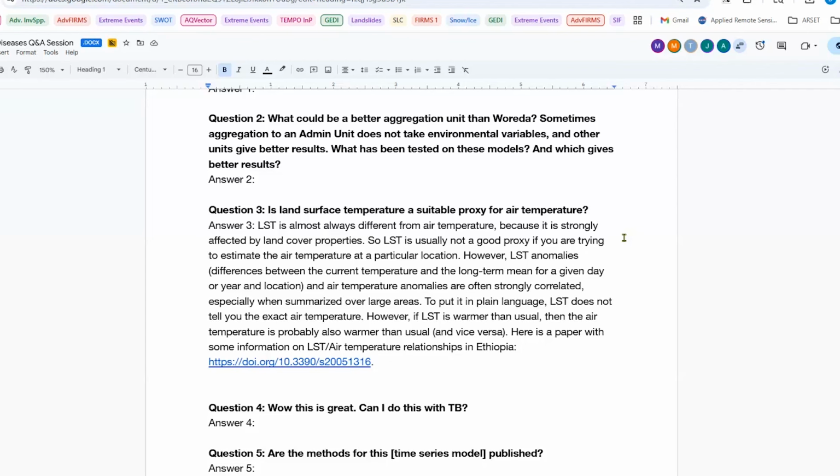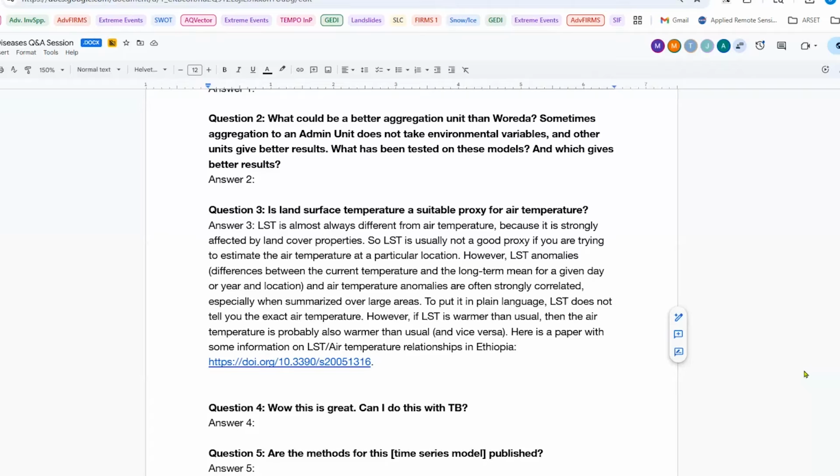So, for example, if you wanted to get a precise estimate of the air temperature at a given location, a measurement of the land surface temperature at that location is likely to be very inaccurate. However, what we found is that if you're tracking temperature on a daily or a weekly basis at a particular location, and you're looking at what we would call a deviation or an anomaly, so the difference compared to the long-term average on a particular day at a particular location, is it a hot day, is the temperature above average or below average? When we look at those anomalies, that variation in the land surface temperature actually tracks air